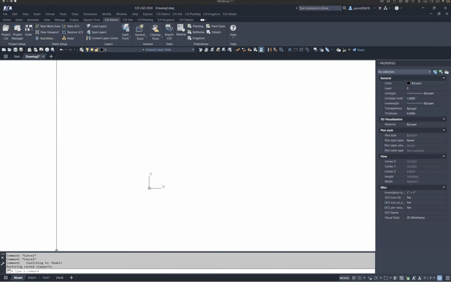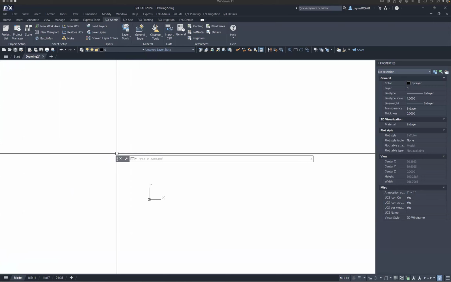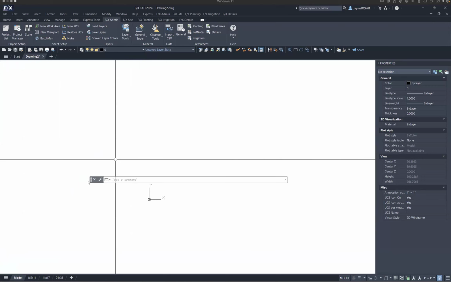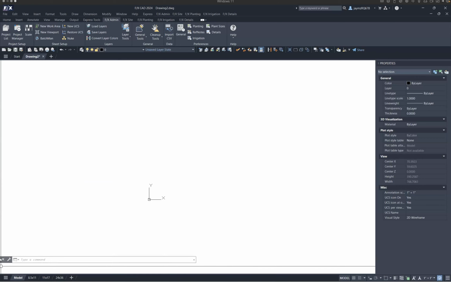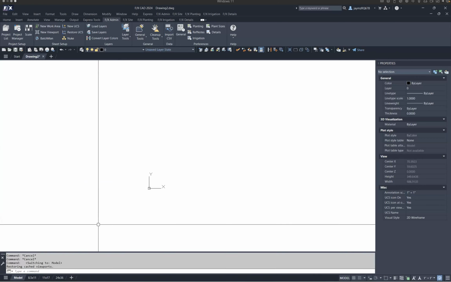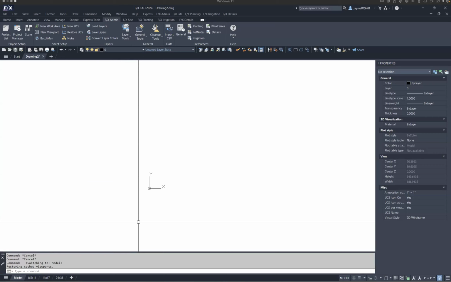Besides that, we have our command line here at the bottom, and the command line is completely critical to all things CAD. So it's important that you have your command line set up in a way that is going to make your process and your workflow more efficient. If you look at the corner here, I have these dots. I can click and grab, and it allows me to undock and move around my command line. So you can have some freedom in that sense. But I recommend, especially for beginners, you leave it docked down here at the bottom to take the full screen. So it goes the whole width of your model space, and it's down at the bottom out of the way.